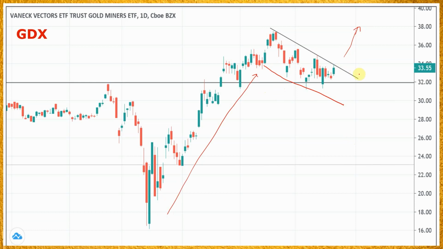So it's very difficult to know which of these is going to occur, and so you would have to base your trades upon the breakout of those lines. And of course, the GDX is very highly linked to what the gold price is doing, so it depends where gold goes from here.